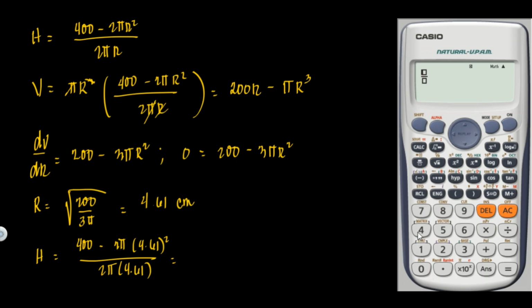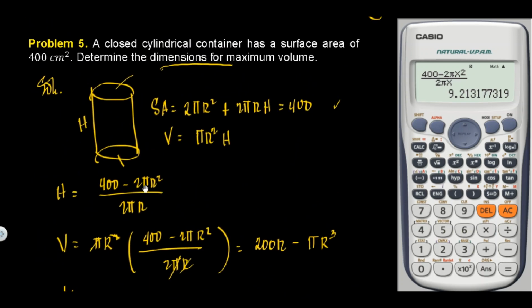Let's use this. 400 minus 2 pi times A, then squared, over 2 pi times A. Okay, calculate. So, this is the value, the same as in A. So, 4.61. So, we have 9.21 cm. So, these are the dimensions that will give a maximum